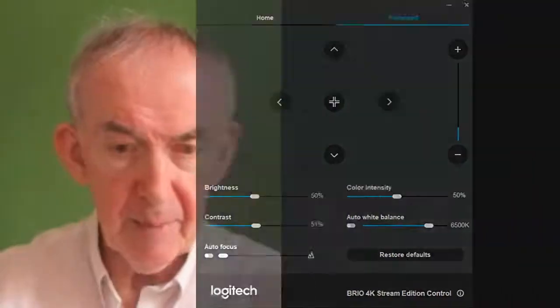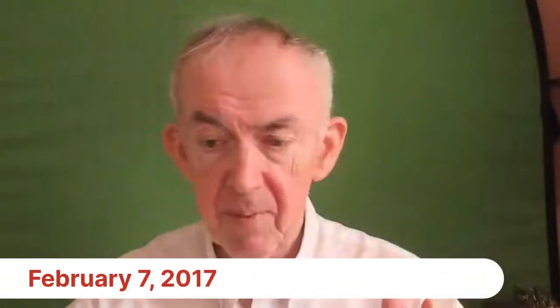Okay, and the thing about the Logitech C920x is that it broadcasts in 4K. Let's just finish off with the 920x because we've seen the software. It is 4K, 1080 and 720. The bigger the number, the clearer the picture. It was released on February 7th, 2017, and you can use Logitech Capture, as you've just seen, as the software